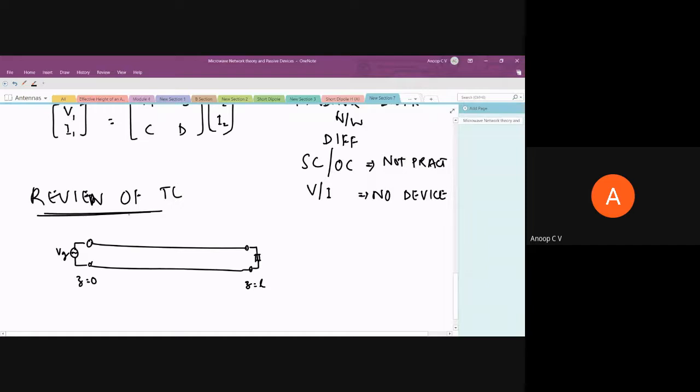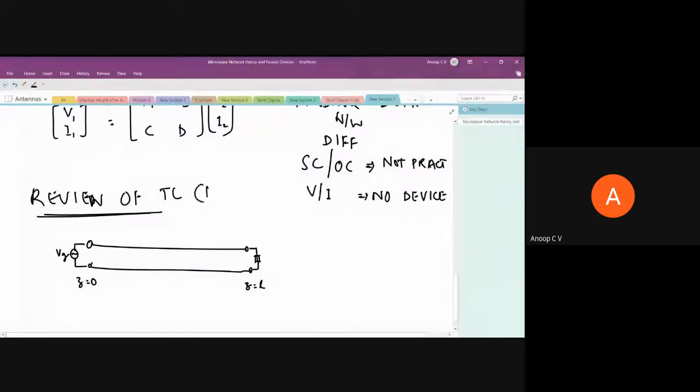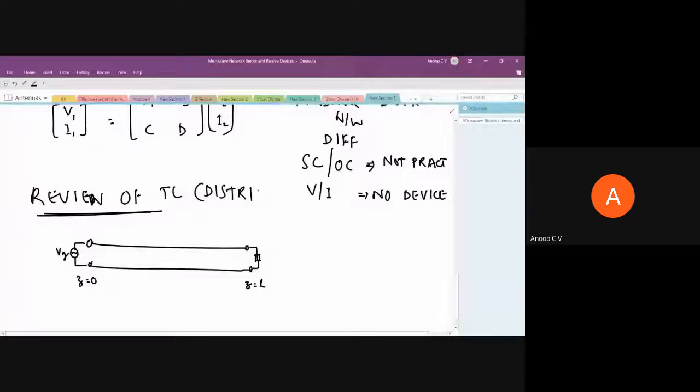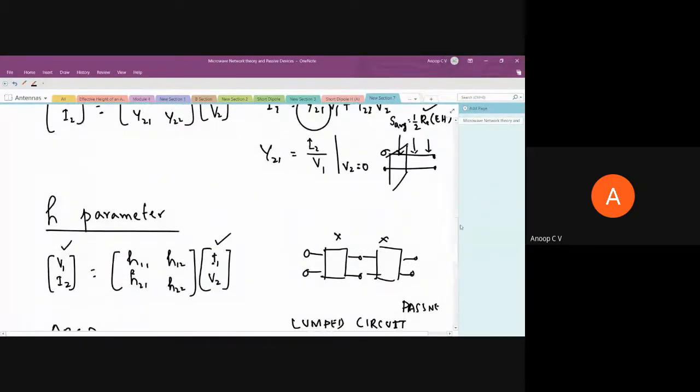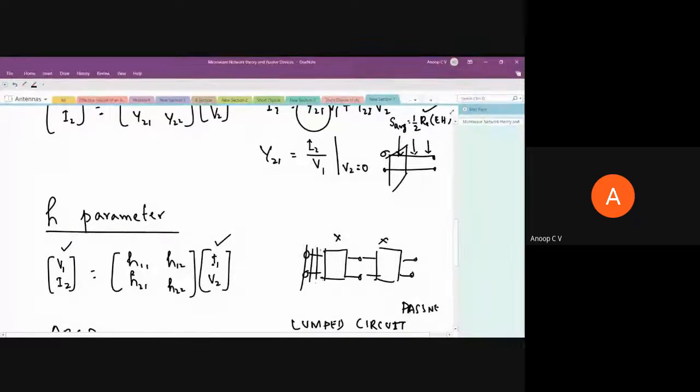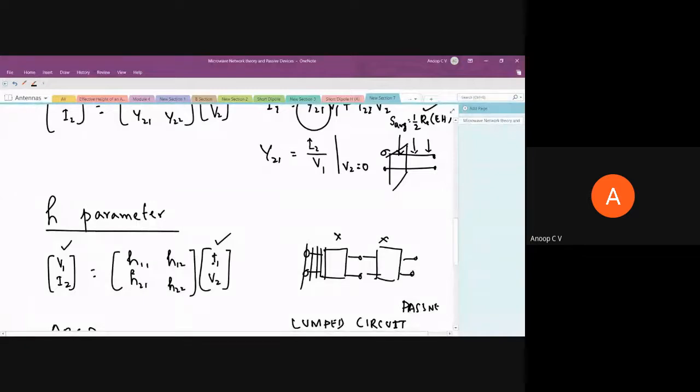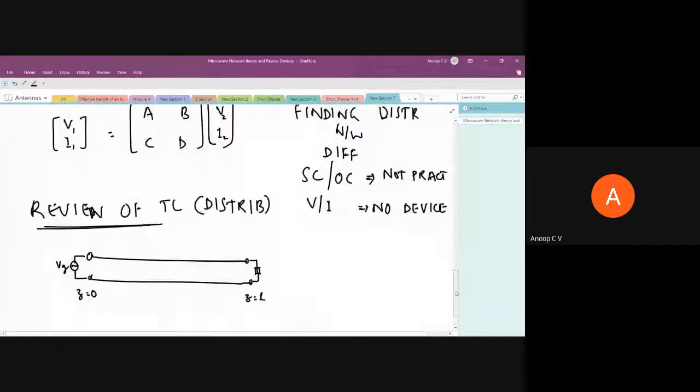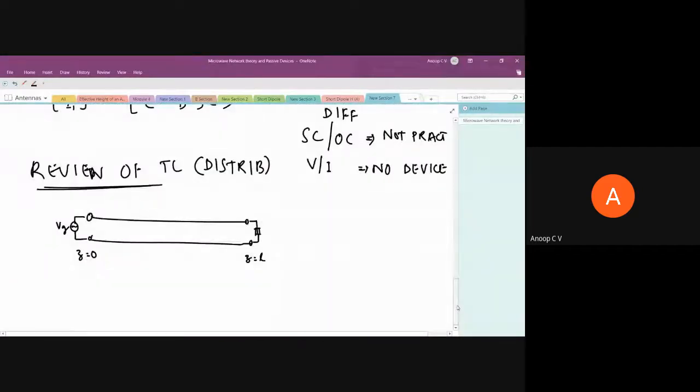So in this case, this is a distributed component, maybe I can see it as a distributed network. In a lumped network, how did I define the port? I told you any two terminals can be defined as a port. So this is a port, and this is the same port. As long as it's a connecting, perfect conducting wire, I can consider the entire length as the same port. So the entire thing is port 1. Whereas it is not possible in the case of a transmission line. Why?